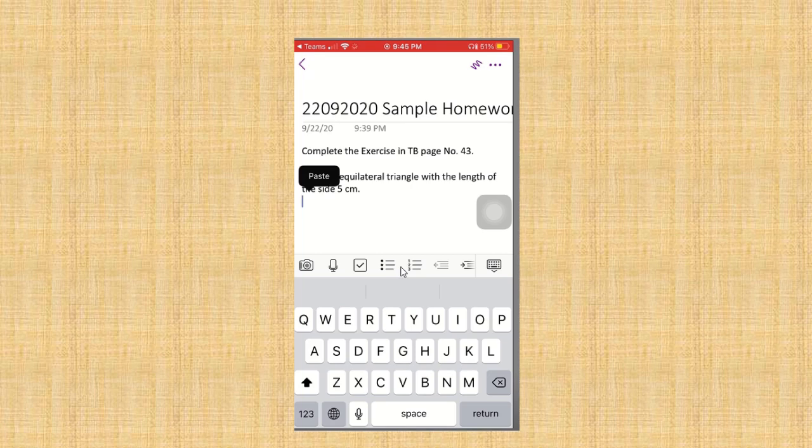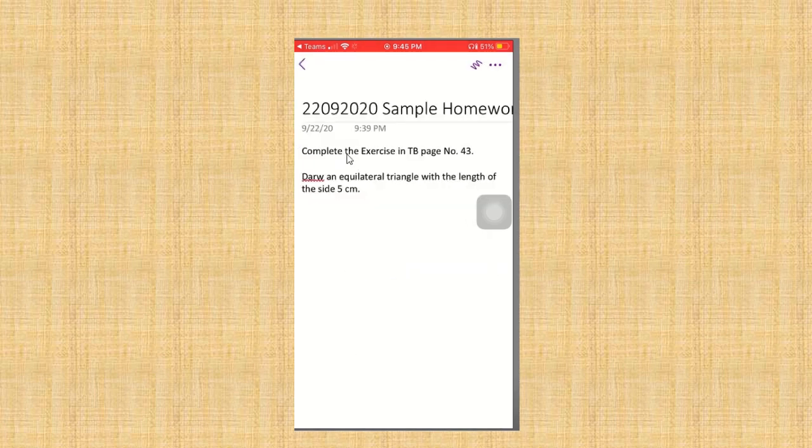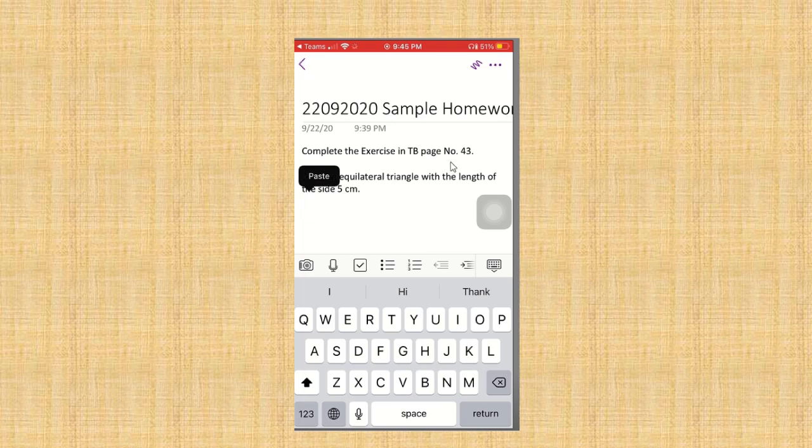Apart from the work where the homework is given, on any part of the screen, in the white space shown on the screen, do a long press. Some options will appear: a camera option, a mic option, and a tick box option, and some other options. Press the camera option and you can upload a file from here.